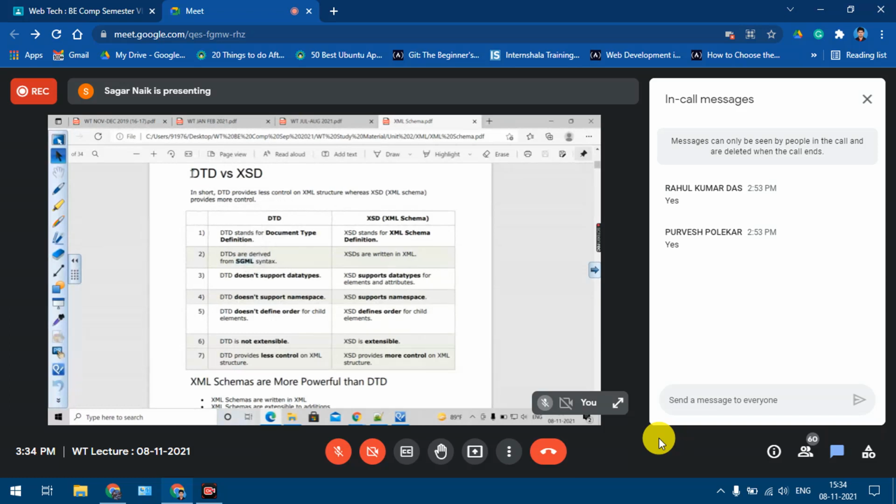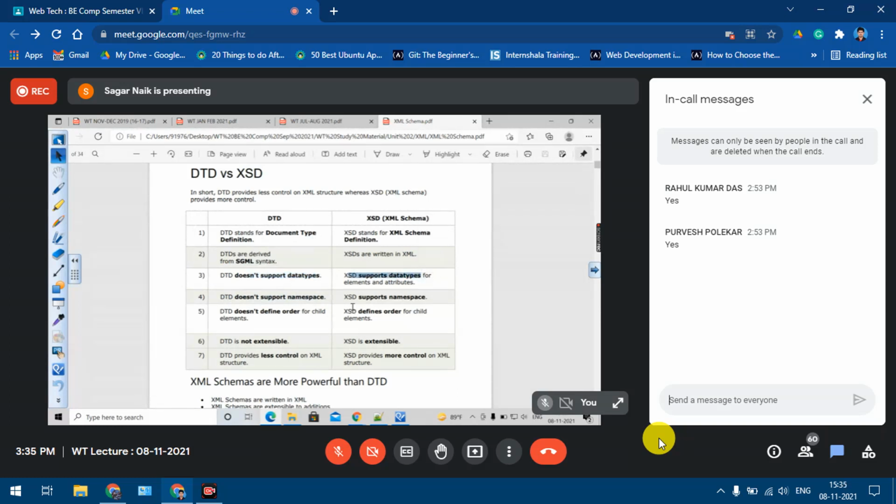Then one more limitation of DTD was not supporting the data type concept. Now everyone knows the meaning of data type, yes or no? So the main limitation of DTD is that data types are not supported in DTD. Whereas in XSD, you can handle different types of data types. DTD does not support data types. XSD supports the data types. Understood?